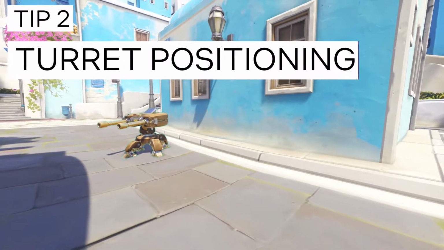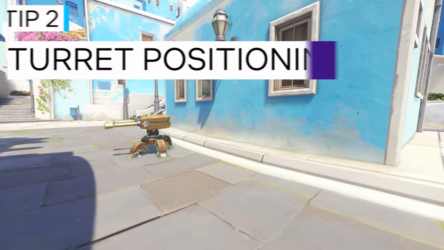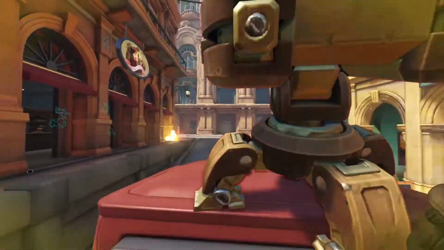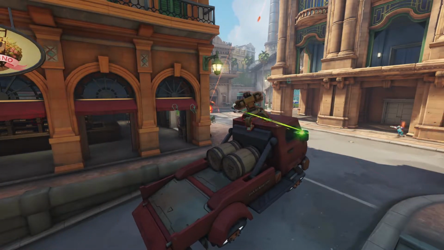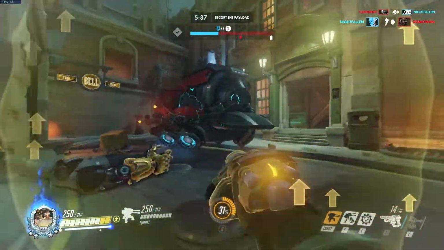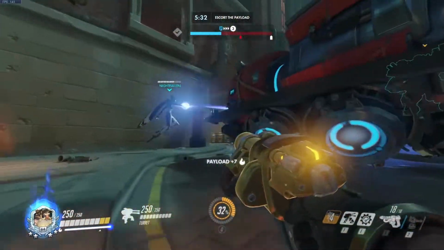Tip number 2 is your turret positioning. Now, this can matter quite a lot. I'm going to split this into 4 very quick fire tips that'll help you put your turrets in better places. Firstly, if you're ever playing Torbjorn on attack, hybrid, or escort maps, do not put the turret on the payload. This is predictable, not very helpful, and will be in the heart of most team fights, which will get it destroyed very quickly. Instead, anticipate where team fights will be and place the turret further away with line of sight